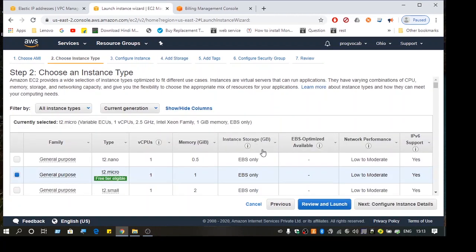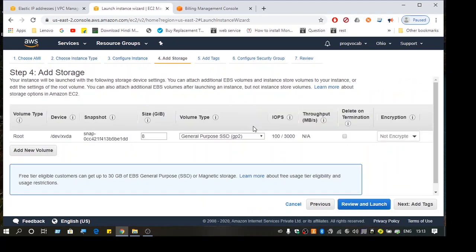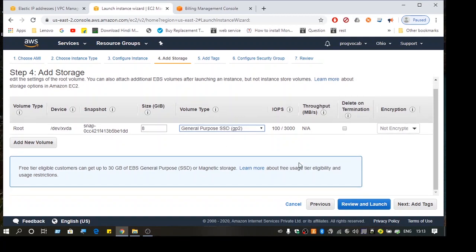But in case you are going to create multiple instances, just go with the minimum, because anyway you're not going to use the 8 gigs, and the volume is also of the minimum configuration. General purpose is the minimum you can get, so that's why it is selected.